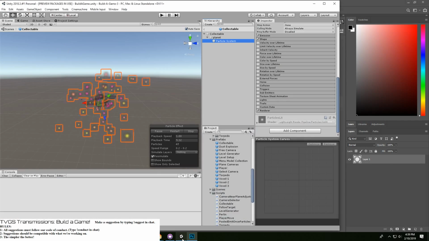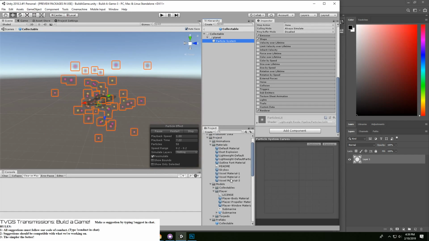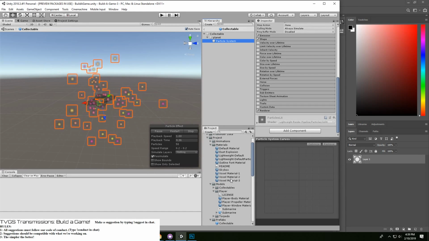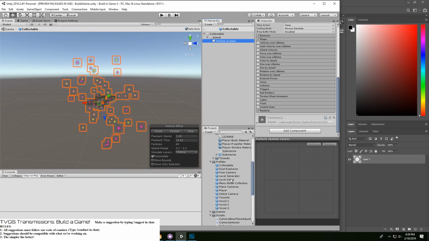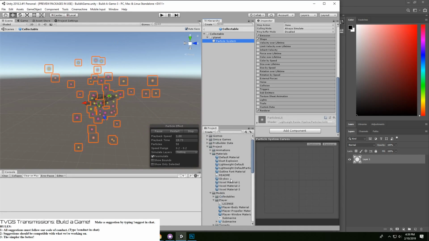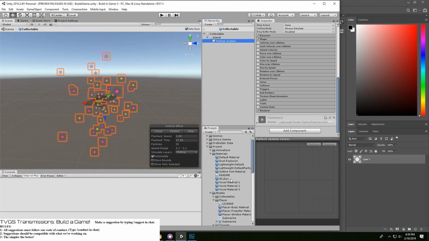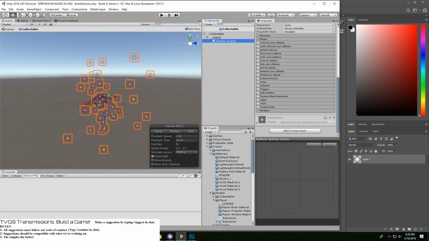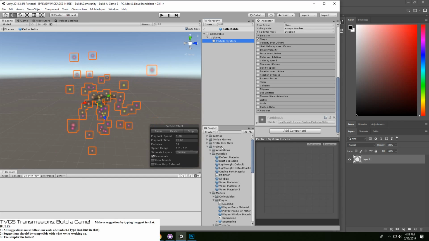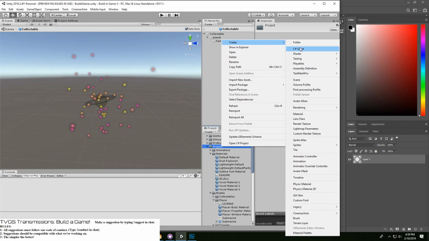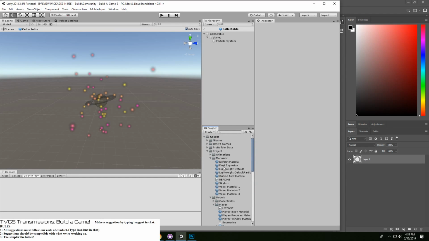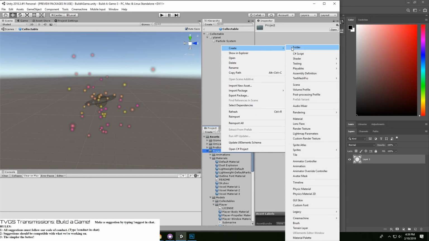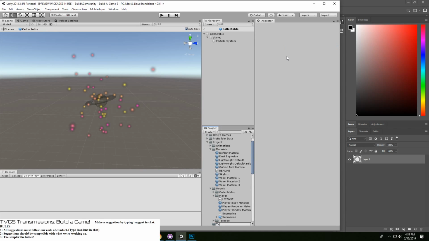We need to throw it into this project right here. Where is a good place to throw this in? I'm going to throw this in... Oh, no, that's not what I wanted. I'm going to throw this in its own texture. Textures.